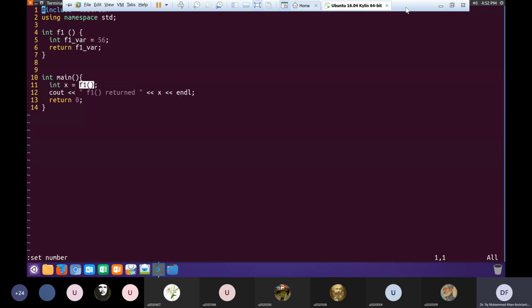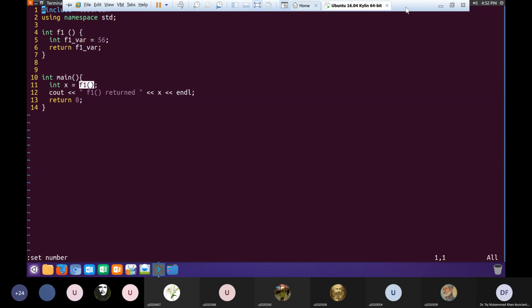When we reach the closing curly bracket of the f1 function, all its local variables are destroyed, including f1 var. However, since before the curly bracket the f1 function is returning the variable f1 var,